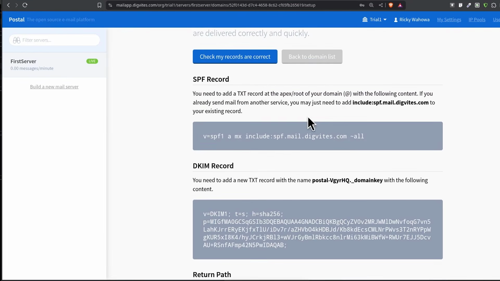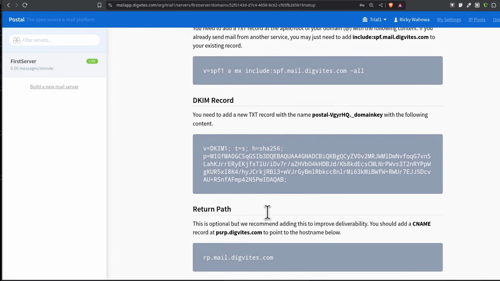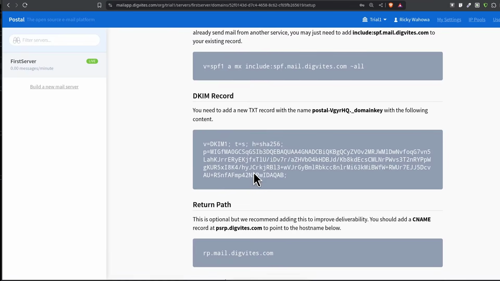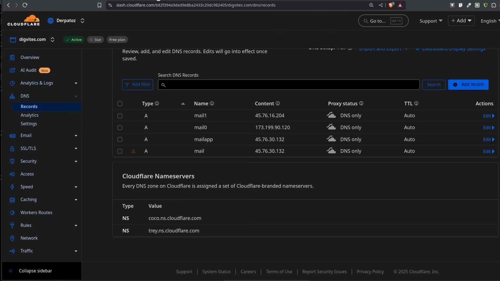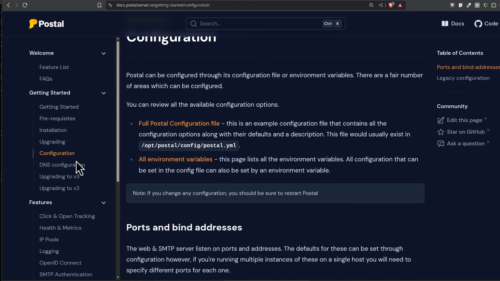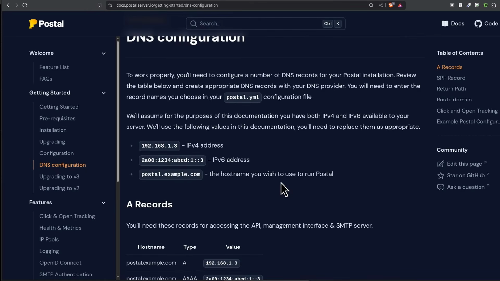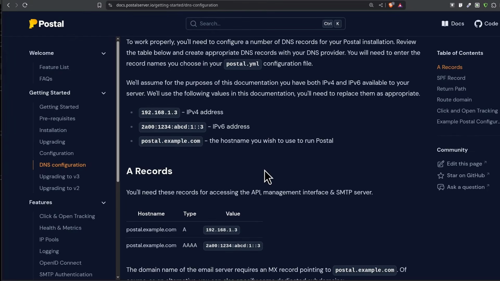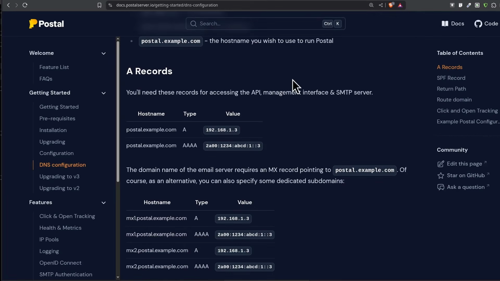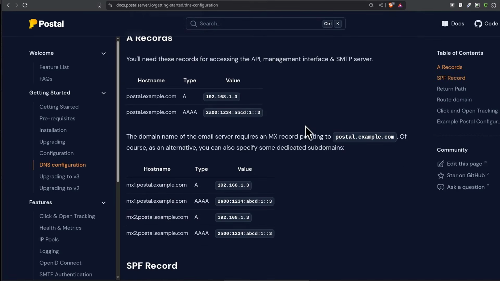And now we need to add these records here. But even before doing this, let me come back to the documentation, and under DNS configuration, let me add some important ones. So these ones we've already added. Of course, I've not added the IPv6. To add IPv6 records for the A record, you just need the AAAA record. Instead of A, choose AAAA. I'm not going to deal with that. That's something you can do. This we've already set up.